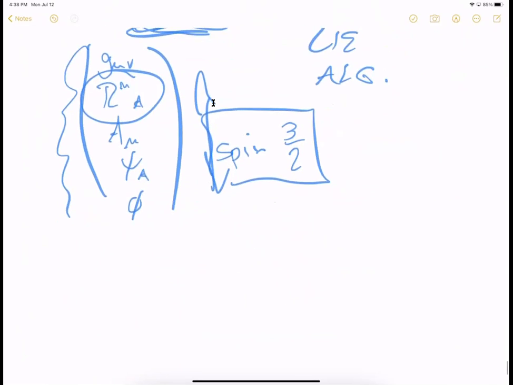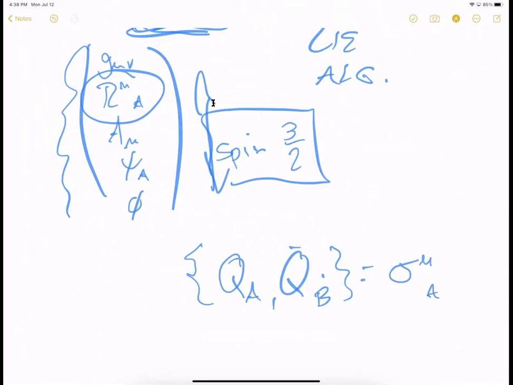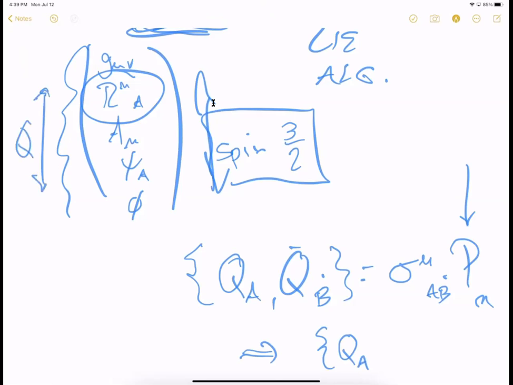it turns out that the supersymmetry generators, they're written something like this. The anti-commutator of these gives a translation generator, the momentum generator. And that implies that the supersymmetry generator, it's actually these Qs that take you up and down in these multiplets,